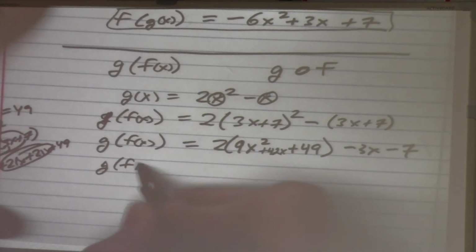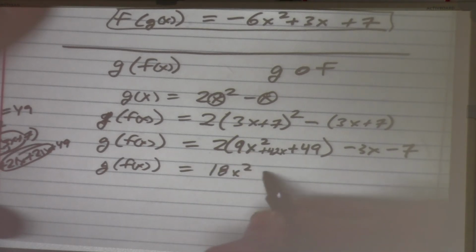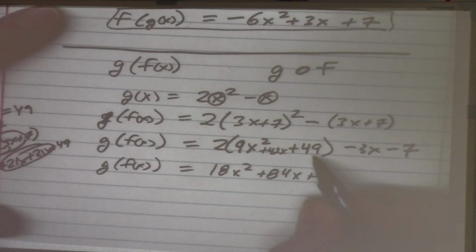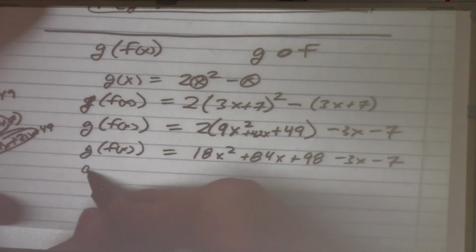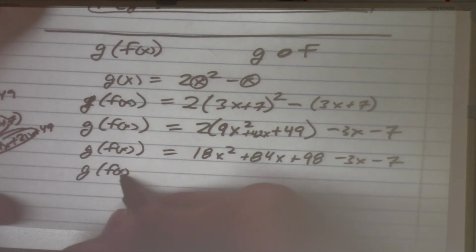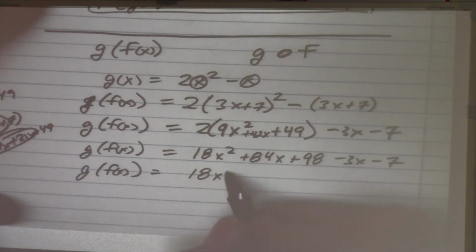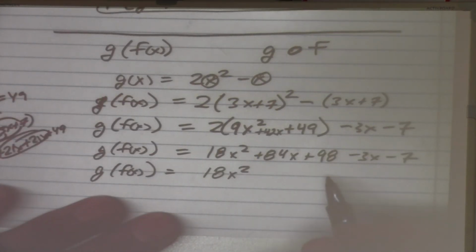Now I will do the multiplying of the 2, so that makes that 18x squared plus 84x plus 98 minus the 3x minus 7. And now we combine any like terms. And only one of them is a square. And then these two, ooh,